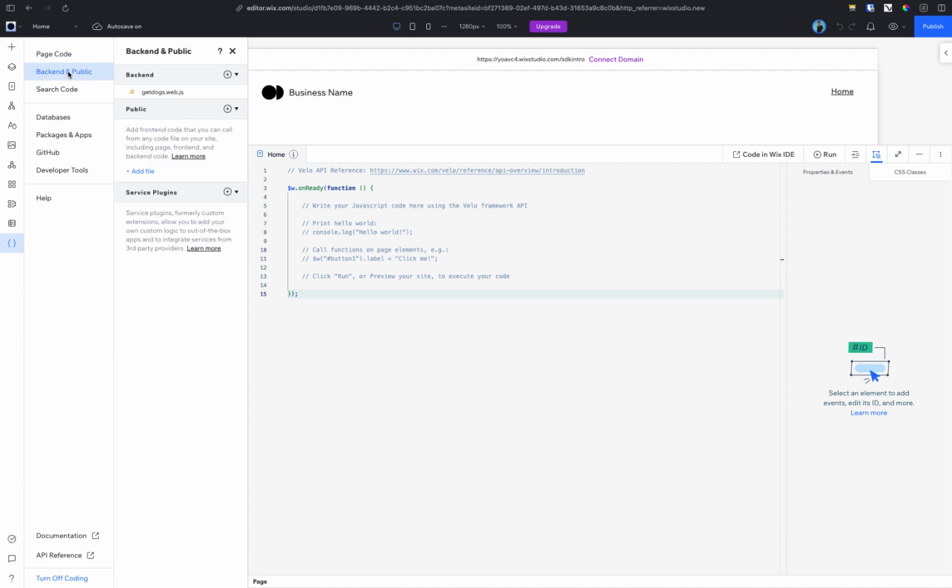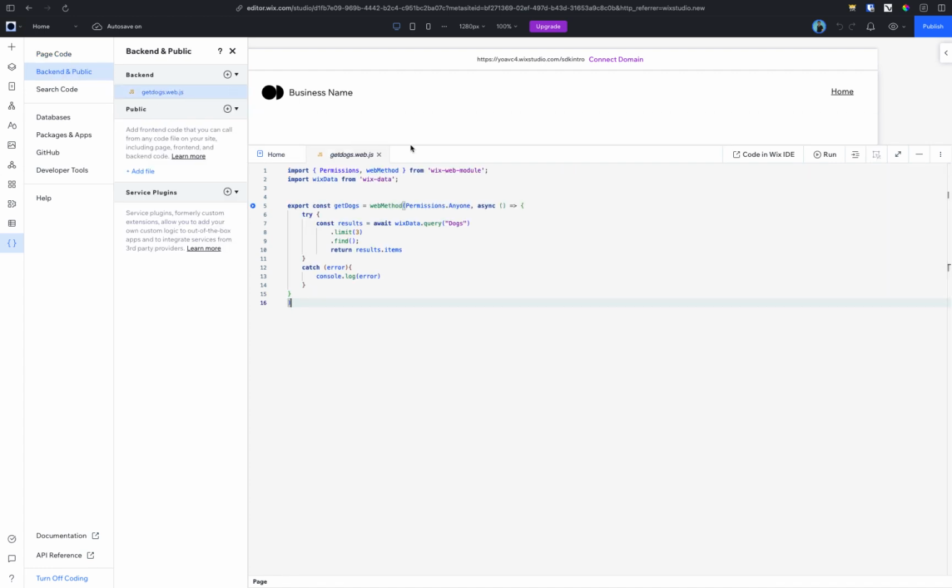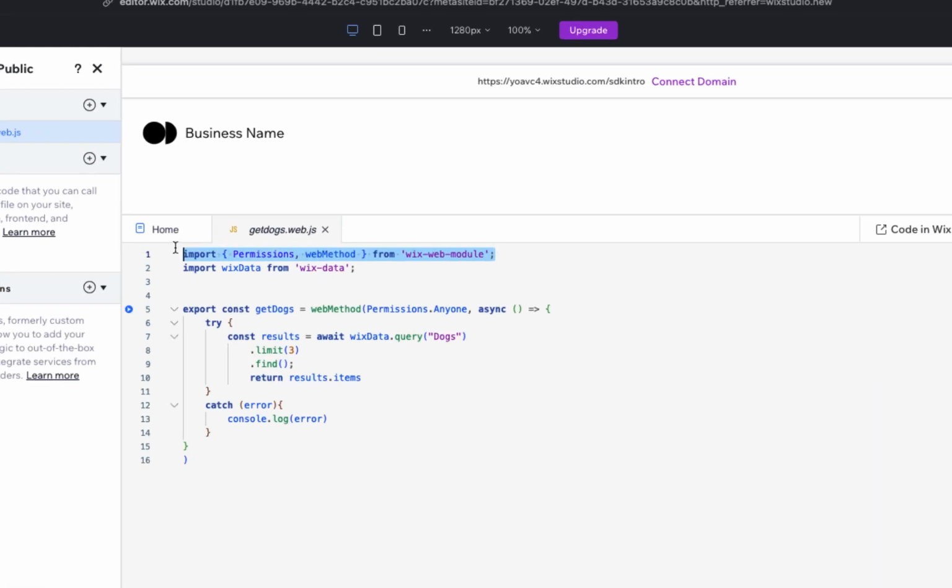upcoming projects. You'll notice that most of the syntax and the usage is the same or very similar to your current website development experience. To help you get acquainted with the SDK, in this video, we'll demonstrate a workflow that will help you migrate Velo API code to the SDK. Let's get started. On the site, we have a backend file that uses web methods and Wix data to retrieve